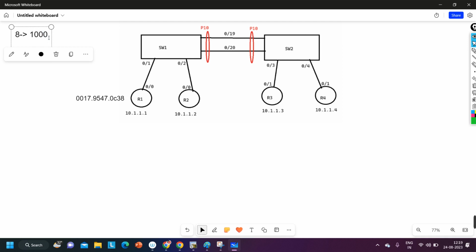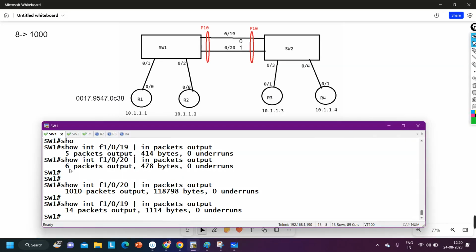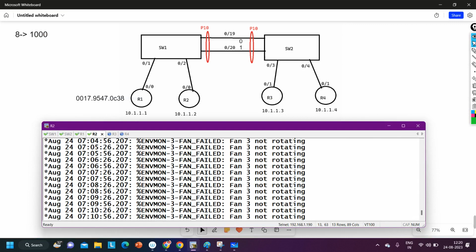So it is going to use link number 1. In the LACP protocol, the upper link is port number 0 and the lower link is port number 1. That's why it is using this lower link. Which link will it use? Link number 2. If you check the MAC address of router 2, let's say,